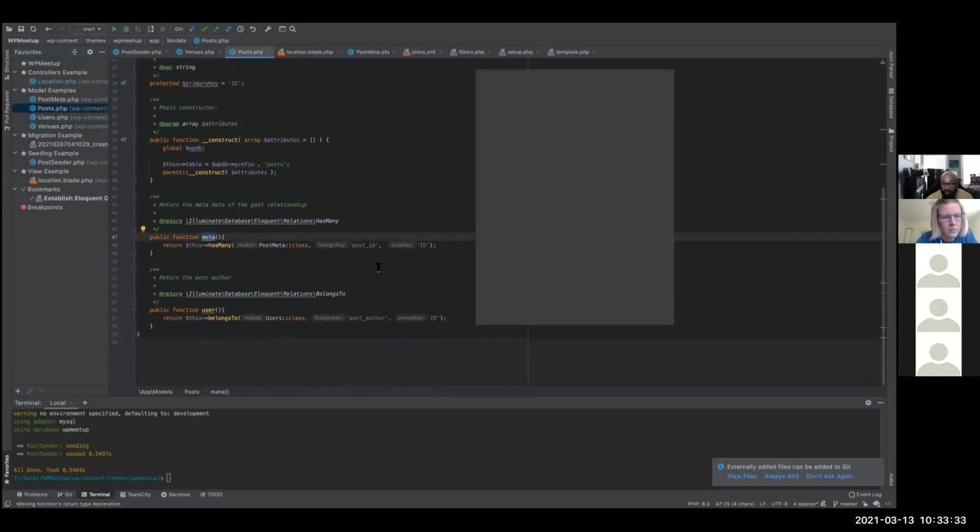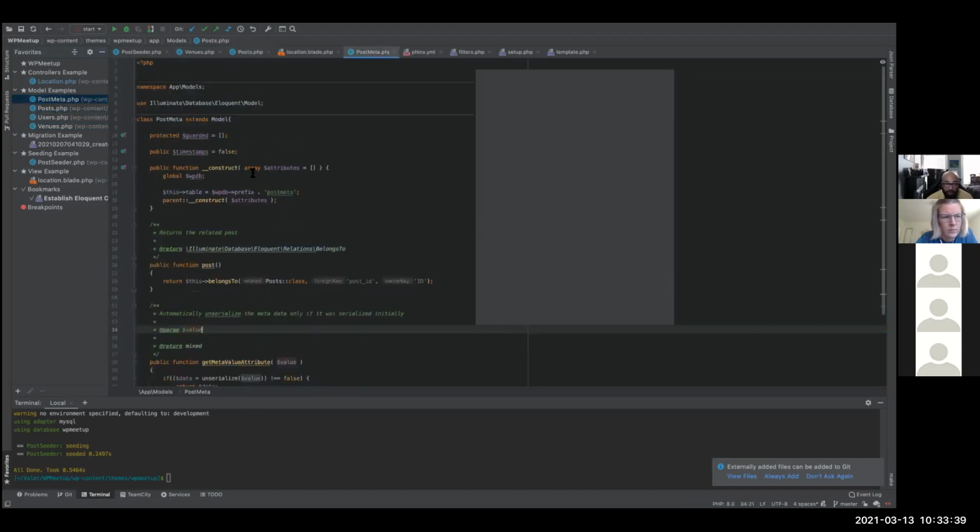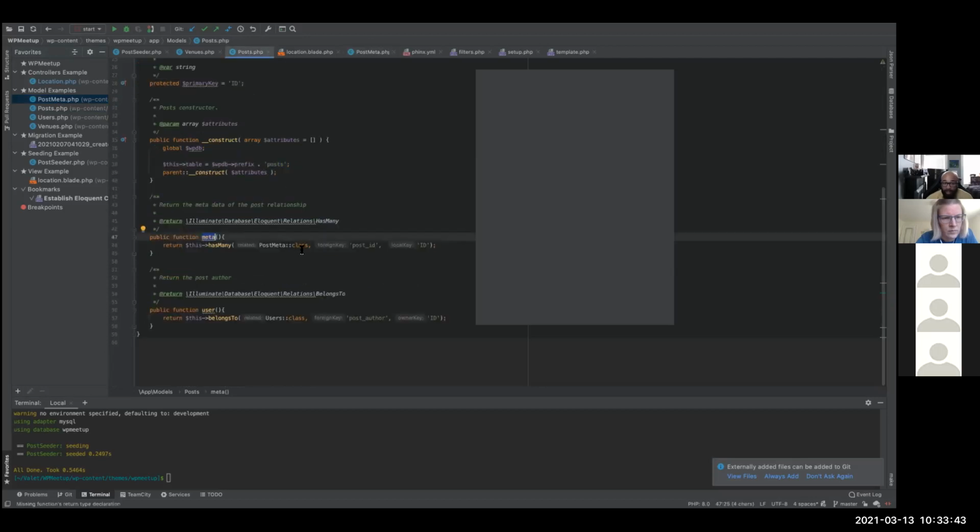That means there's another model called post meta, which speaks to the post meta table, and it says this should have a number of records that can be identified by the post ID off of its ID. So the foreign key is post ID in post meta, and the primary key on this table is ID, and that's how you match them.